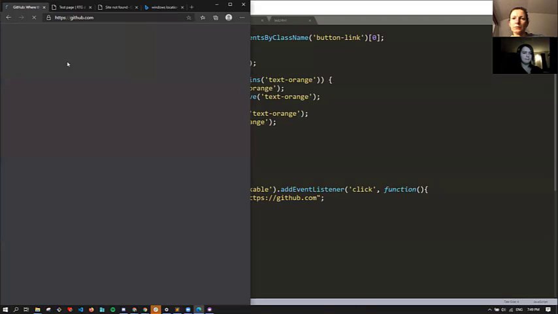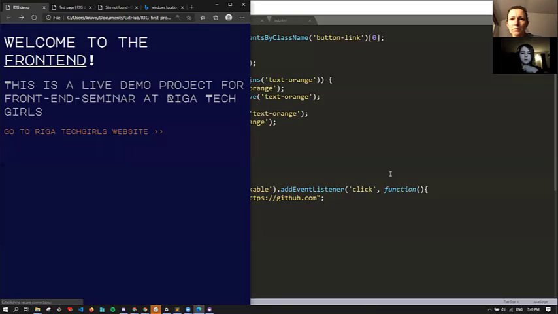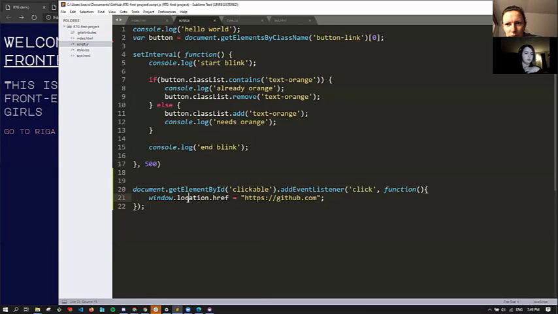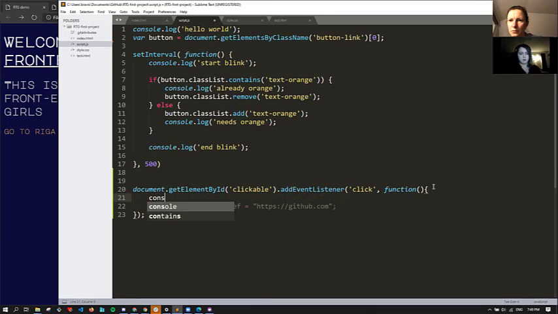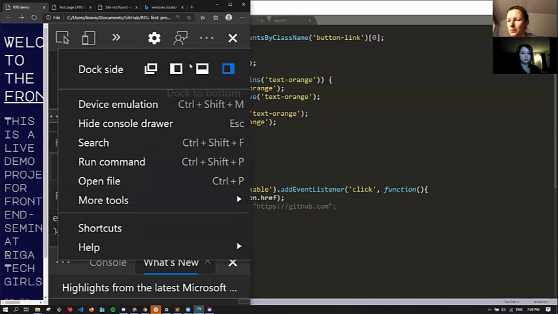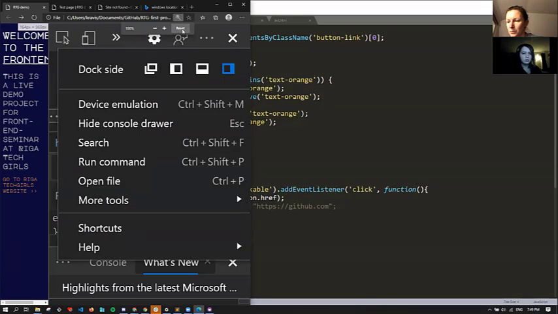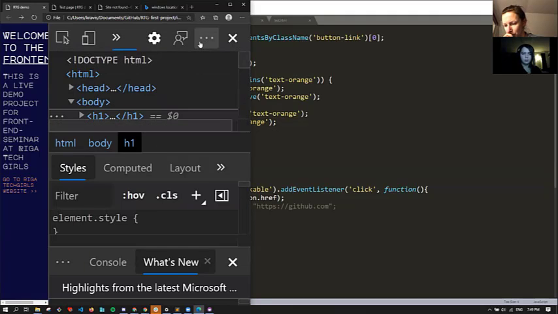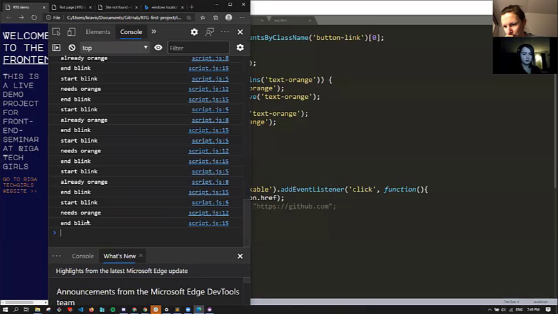So you catch the event on which you want to do something, and then you execute window.location.href. Another way to use window.location.href would be console, inspect. So if I click it,